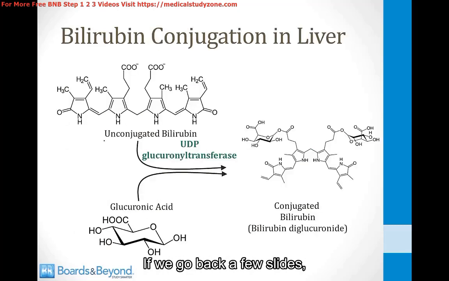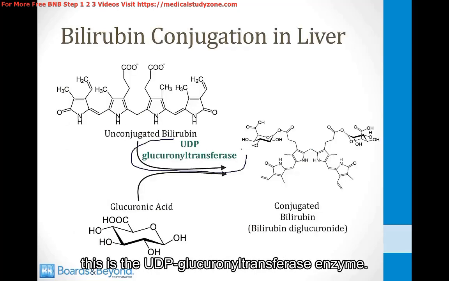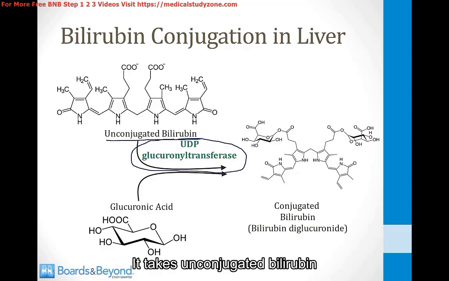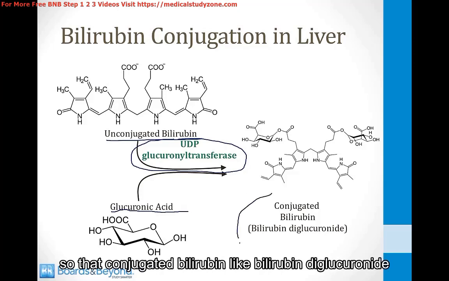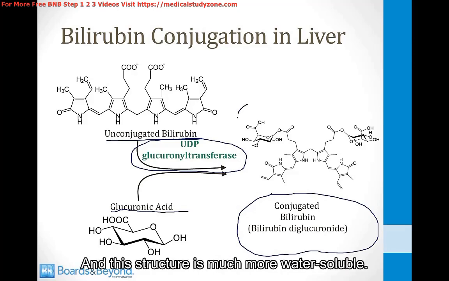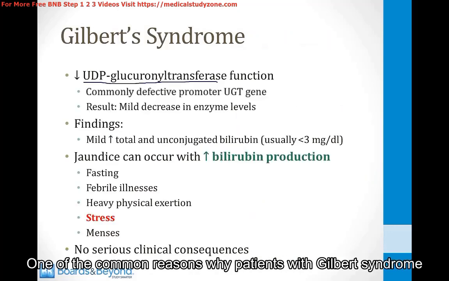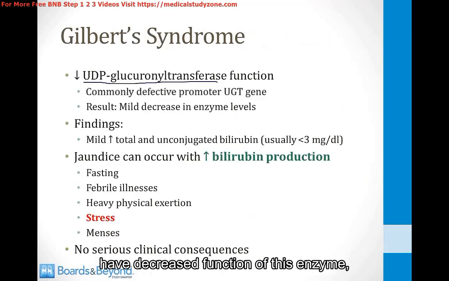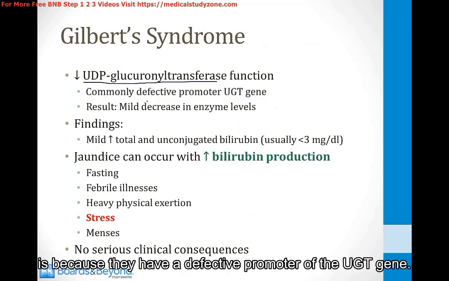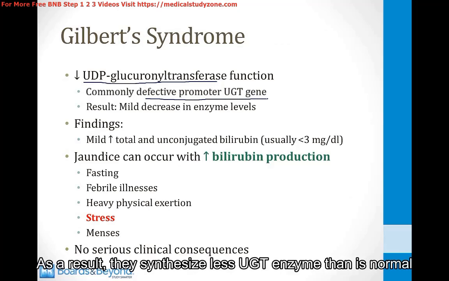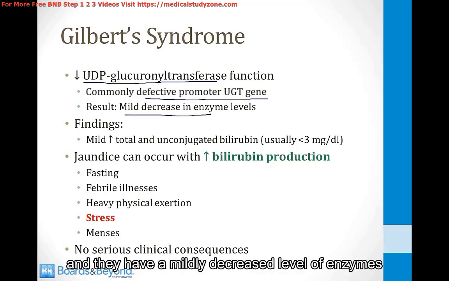If we go back a few slides, this is the UDP glucuronosyltransferase enzyme. It takes unconjugated bilirubin and adds molecules of glucuronic acid so that conjugated bilirubin, like bilirubin diglucuronide, will be synthesized, and this structure is much more water-soluble and can go out in the bile. One of the common reasons why patients with Gilbert syndrome have decreased function of this enzyme is because they have a defective promoter of the UGT gene. As a result, they synthesize less UGT enzyme than is normal,